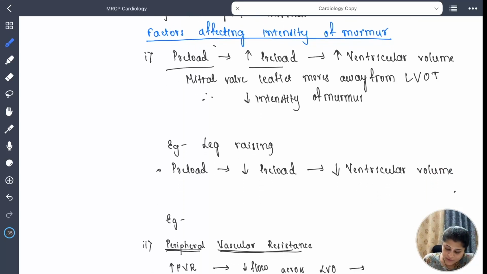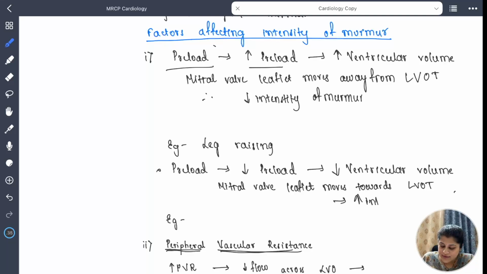Decreased ventricular volume, the mitral valve leaflet moves towards the left ventricular outflow tract, and therefore murmur intensity should increase. Now, this is very important because sometimes you might be able to listen to a murmur in a patient